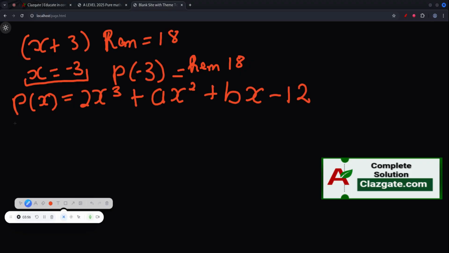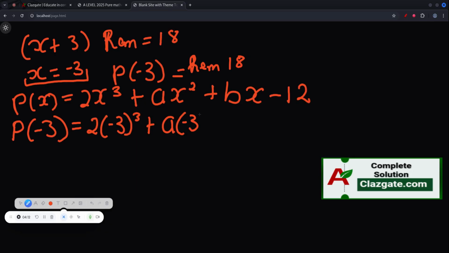So we know that already, and that's saying that when x is equal to negative 3, our remainder is 18. So that will be 2 times negative 3 cubed, plus a times negative 3 squared, plus b times negative 3, that's negative 3, minus 12